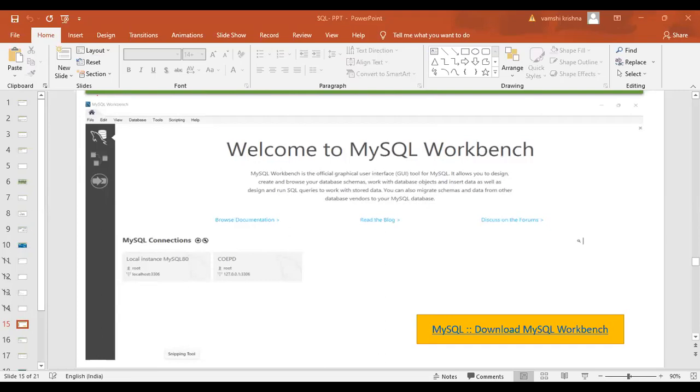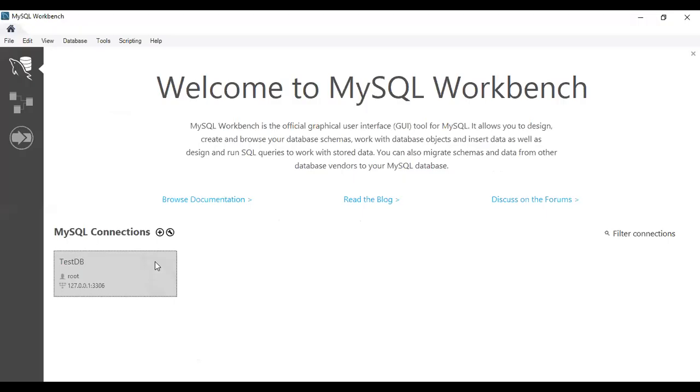Let me share my screen. Okay. Yes, can you all see my screen now? So once you download and install it, this is what you will be able to see. Again, I'm repeating, MySQL Workbench is a very simple version of SQL.